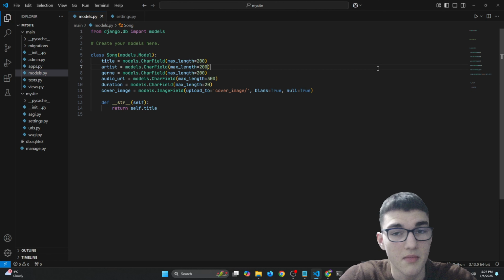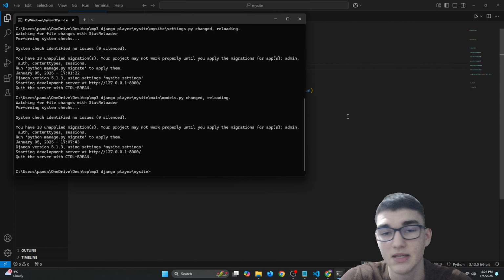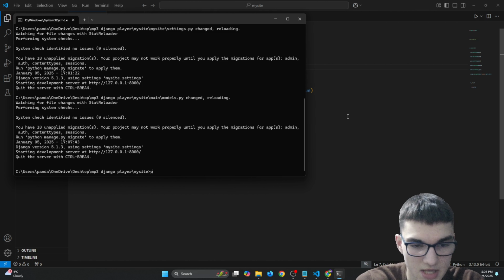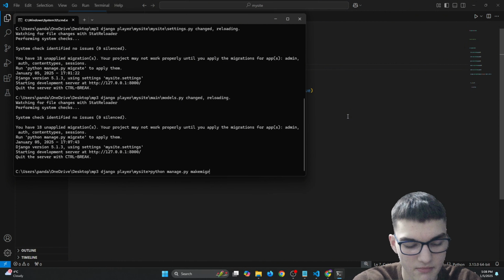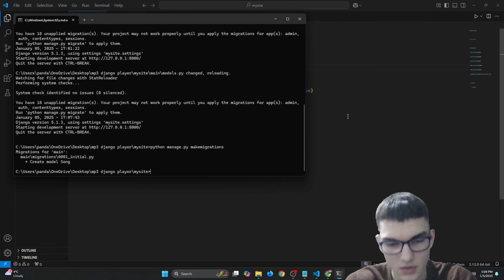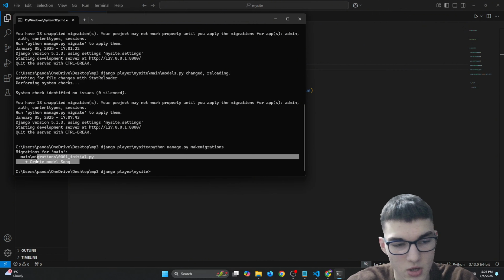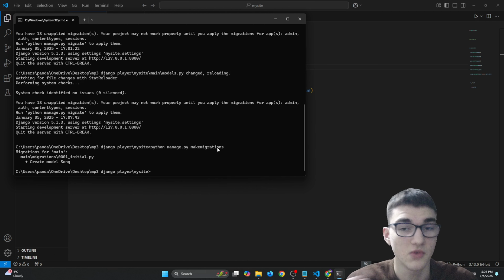That is it. We made everything we need inside of our models.py. Now the last thing we need is to make migrations and push them to the database. So to do that, we want to type python manage.py and then makemigrations. And we see right here "Create model Song", and now the migrations are made, but we need to actually push